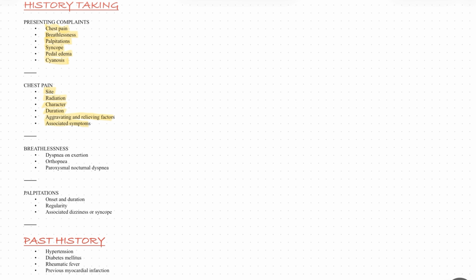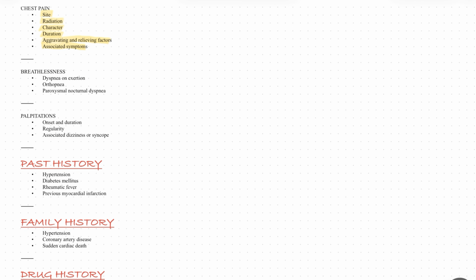Then coming to associated symptoms related to chest pain. Then breathlessness, which is one of the important differential diagnoses we need to rule out in casualty, usually whether the case is related to the cardiovascular system or the respiratory system. So dyspnea on exertion, orthopnea. I know these are medical terms which you may not know, but slowly